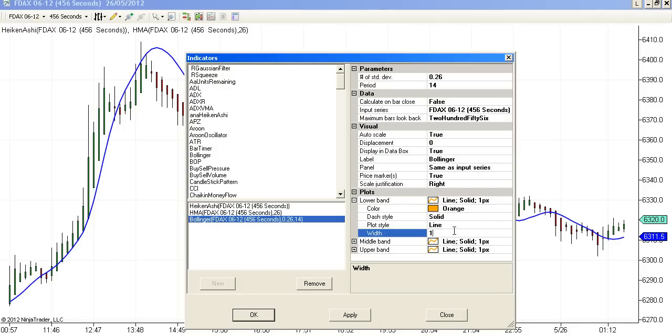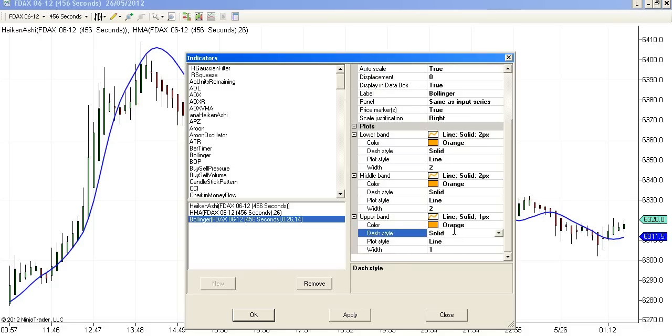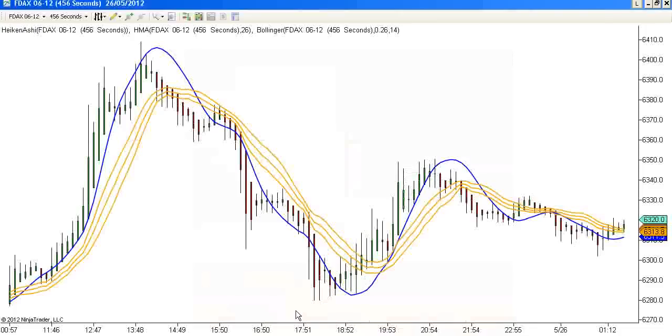Take it 2, enter, tab 2, tab 2, apply. Okay, that's it. So very straightforward, simple setup.